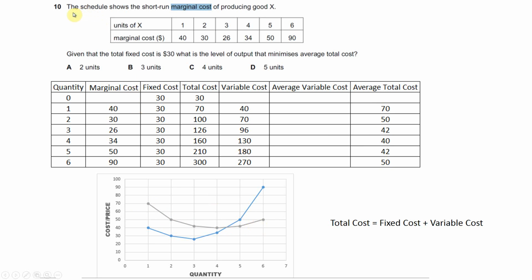So going back to this question, given that the fixed cost is 30, we have this information. What is the level of output that minimizes the